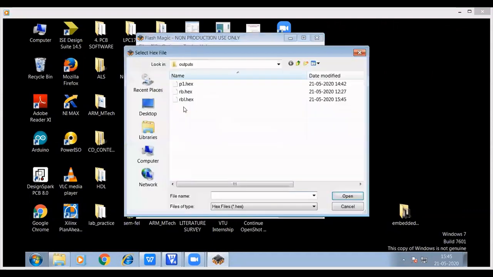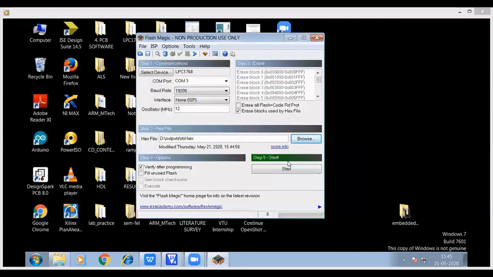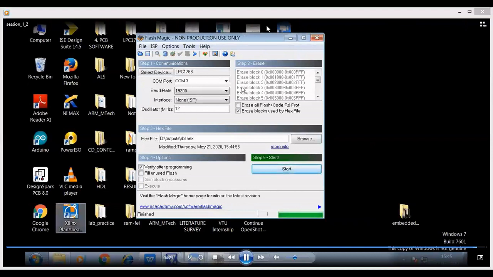Browse for your hex file. So RBL was the project name. So choose that hex file and start downloading the program. Once the download is complete, you can verify the output on the kit.